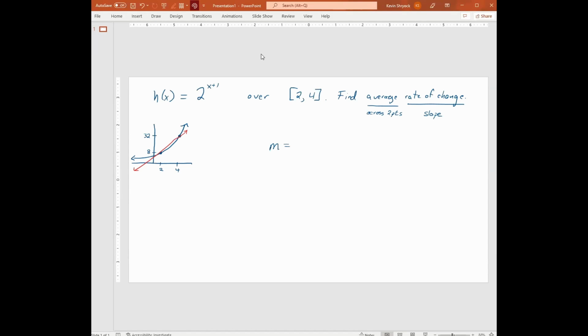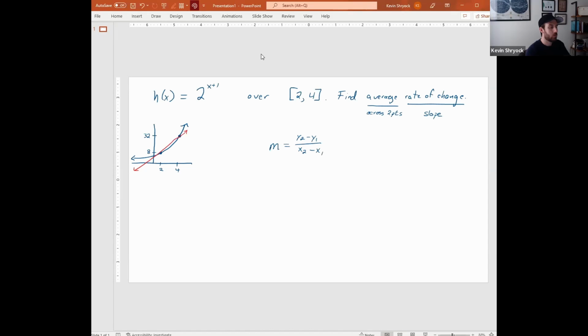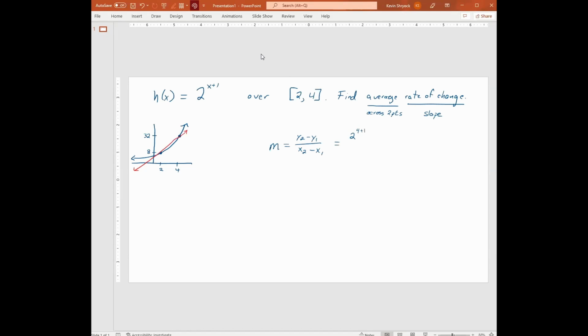Just plug the thing into the slope equation, right? Good. Slope equation is y2 minus y1 over x2 minus x1. Good. And then it would be 32 minus 8, which we got from 2 to the 4 plus 1. Good. Minus